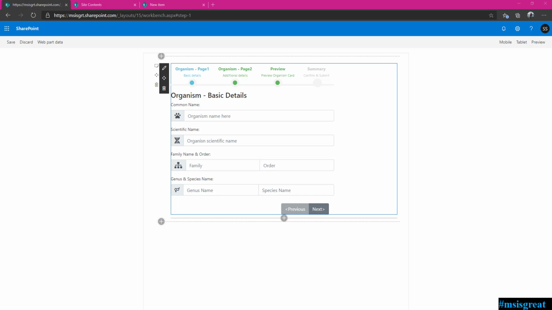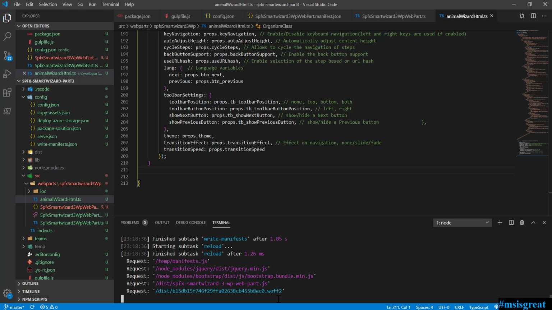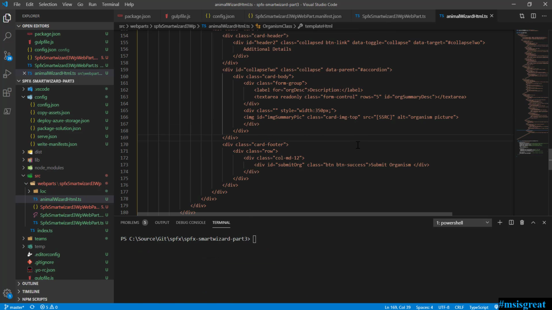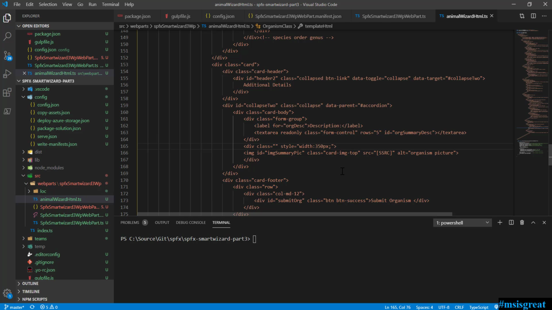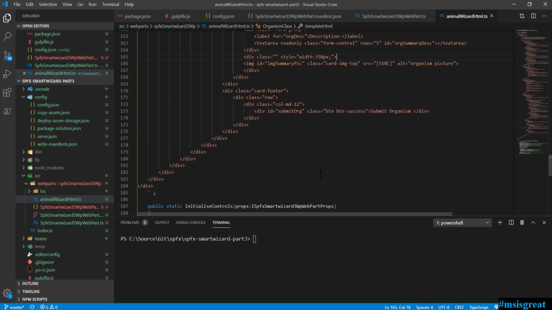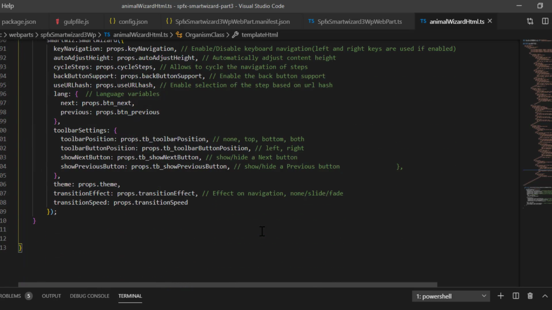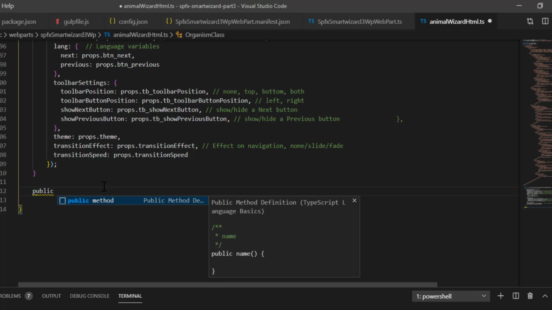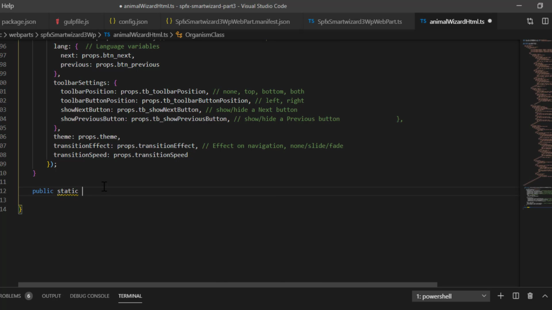Now I'm going to wire up with the PnPjs. Let me stop the code. Method to wire up those controls and insert an item into the list. To proceed with that, I'm going to declare a function. Maybe I call it, it has to be static, maybe the submit function, which is a TypeScript function, and this function should call the PnP method, which is,